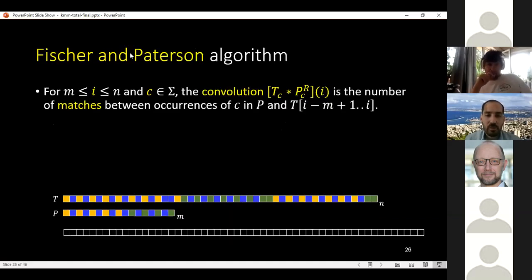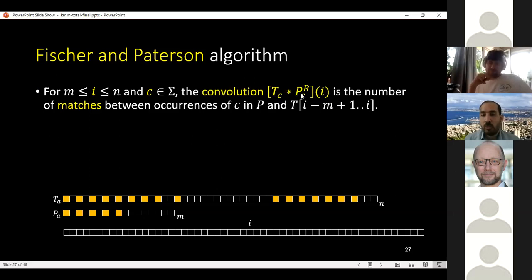And the observation that's done by Fischer and Paterson is that if we have text and pattern, this is our problem, and we want to compute the Hamming distance between the text and the pattern at every position, then let's consider, for the beginning, just one character, just character c. So if we take a look at the characteristic function of the text due to one character, let's say a, t of a, and the characteristic function of the pattern due to the same character a, and we compute the